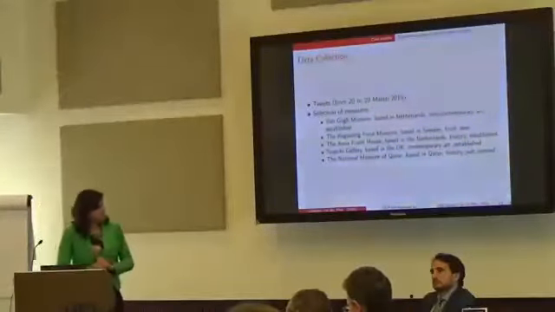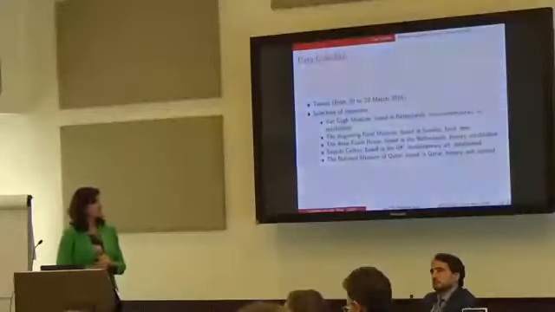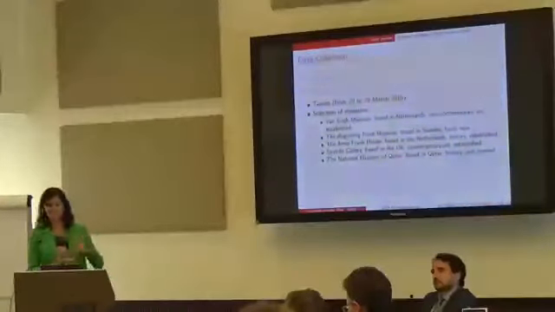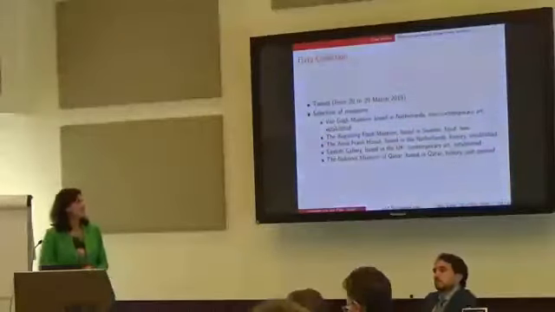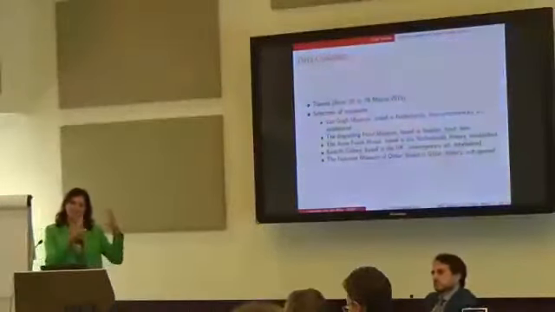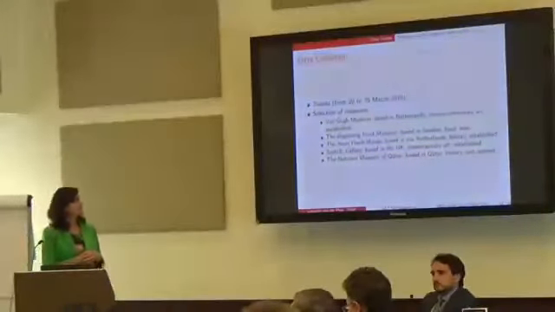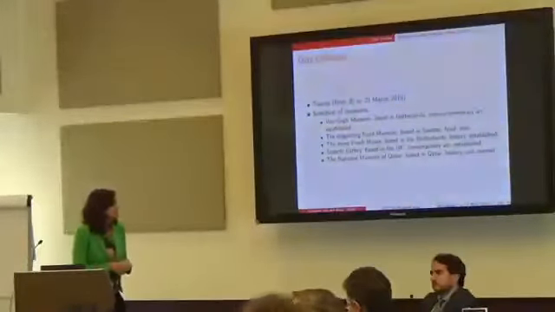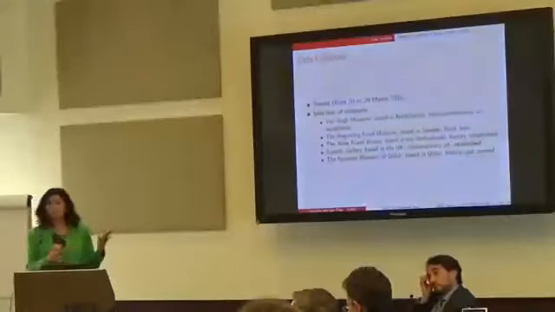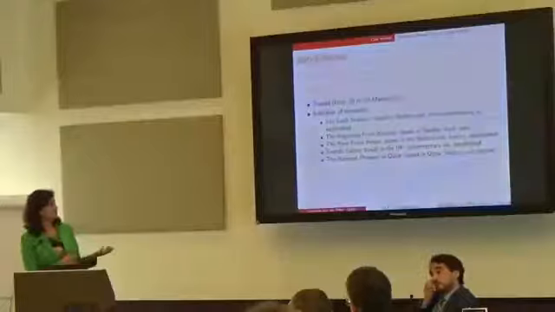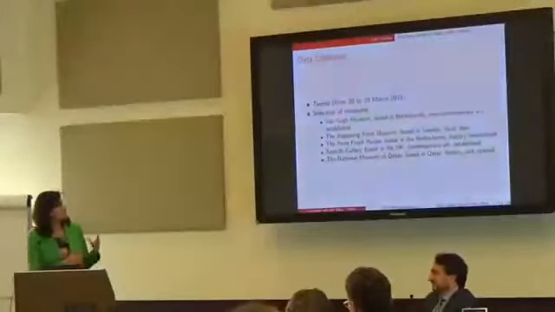So what did I do with my colleague, Roman? We selected tweets from the 20th till the 29th of March, so you can see that that's really recent. And we looked at a selection of museums, and we said, let's try and have a bit of a varied set. So we had the Van Gogh Museum, based in the Netherlands, about art, an established museum. Then there was something called the Disgusting Food Museum. I don't know if you've heard of it, but I thought it was interesting. It's about a different thing, about food. It's quite new. It's based in Sweden.